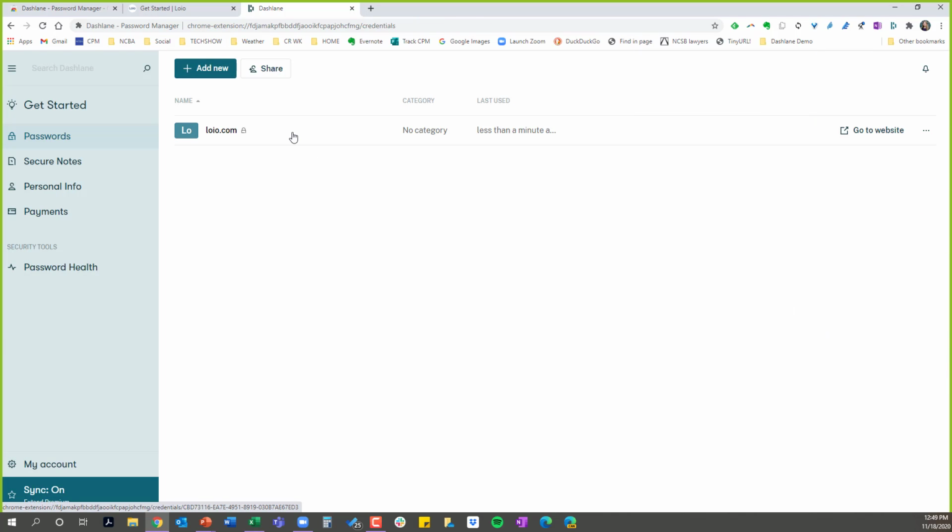So that was just a quick demo. Again, it was kind of because I've got two of these kind of conflicting with each other, but it looks like it pretty much works the same way. And that's all you do. And then you can go to other sites and change your password and have them saved by the password manager and get started like that. And then when you go to sites,